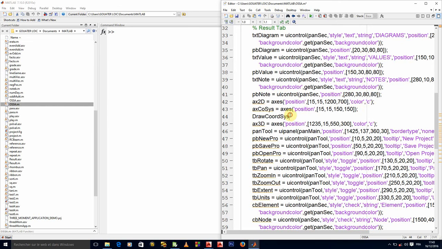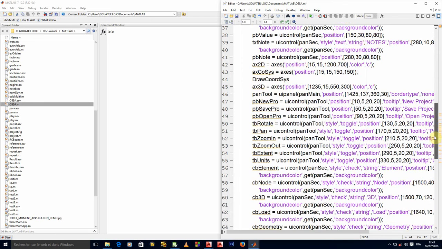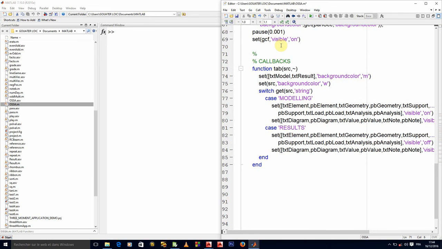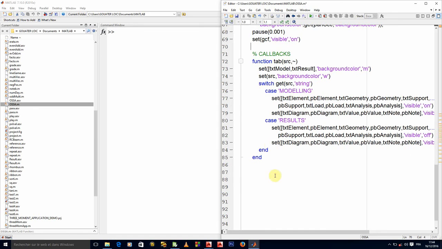Normally this does not exist, so I'll have to go and create the function down. It's not a callback, okay? Let me just say extra functions, okay?